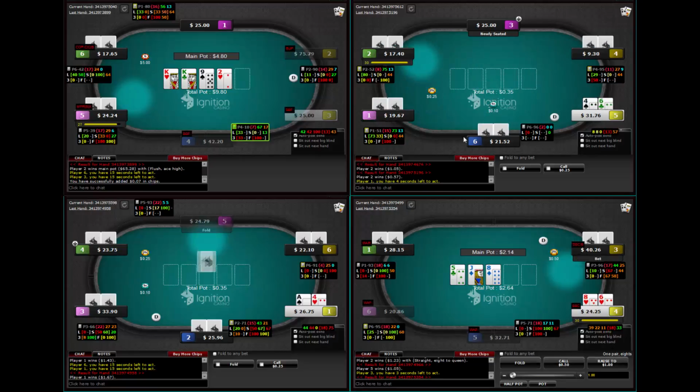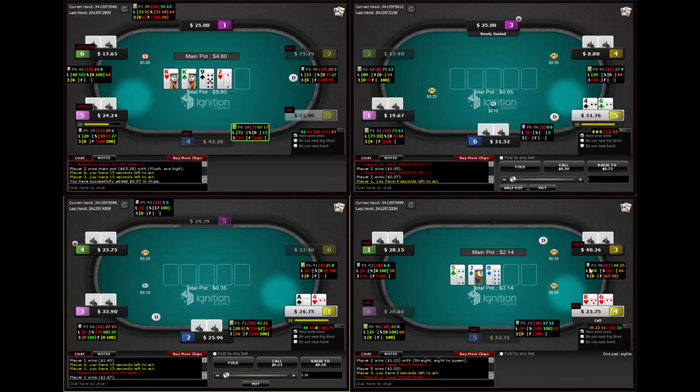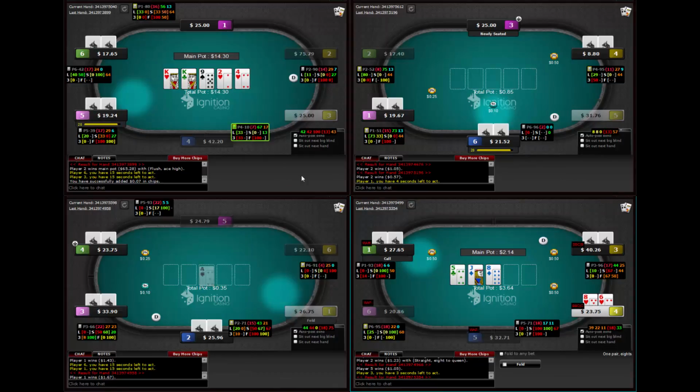I think 8-6 suited may have been a raise since this guy was effectively on the button. Again, we've got that donk lead. I mean, it's actually, I'm pretty surprised. I'm seeing a lot more